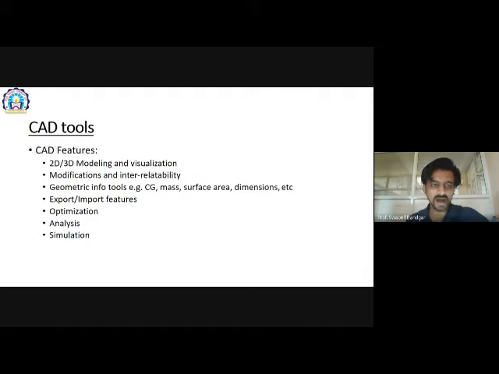Then the next feature is optimization. We have seen what the optimization feature is. Then the analysis feature: analysis is nothing but virtually verifying our model, whether it will sustain the working stresses or not. Then third is simulation models.